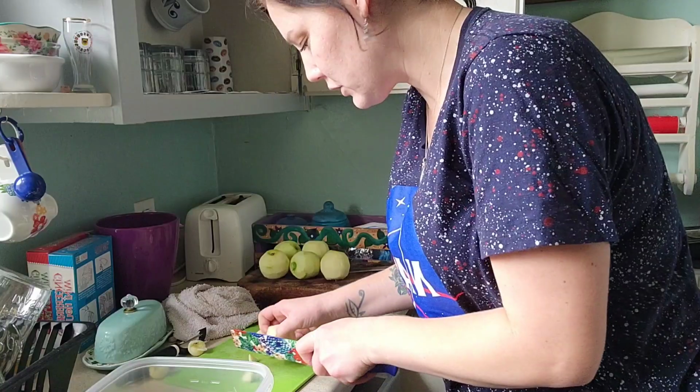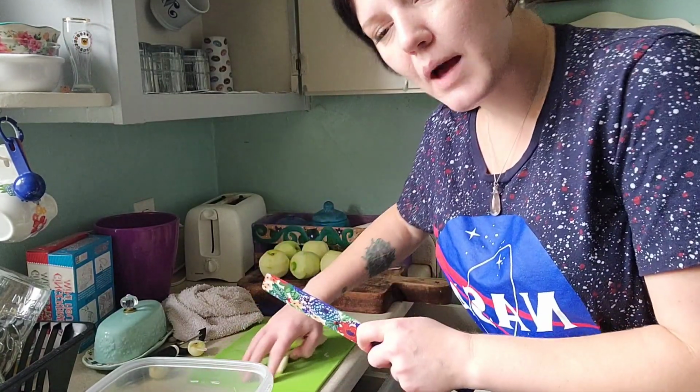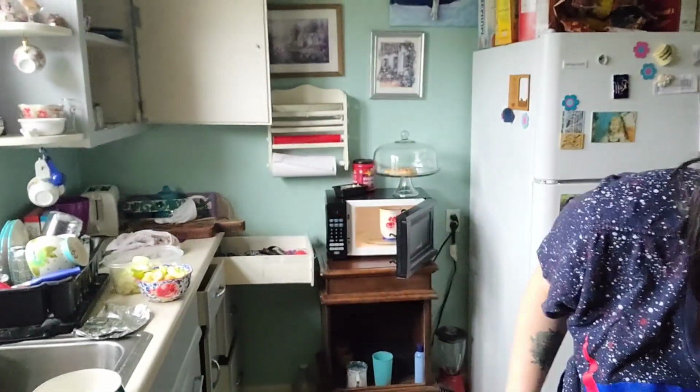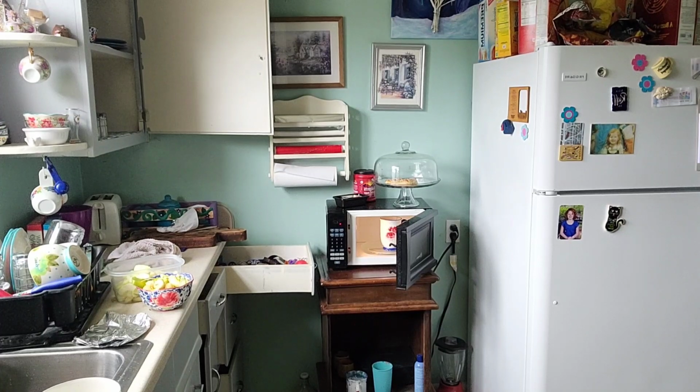But then you could just cover it up with cinnamon. So you want to cut all your apples like this and then cover them in cinnamon. So I'm going to get that done quick and I'll be back. Okay. All that's done. Now you want to, let me get my recipe book, because I know I had the